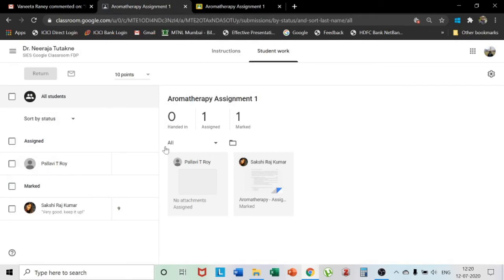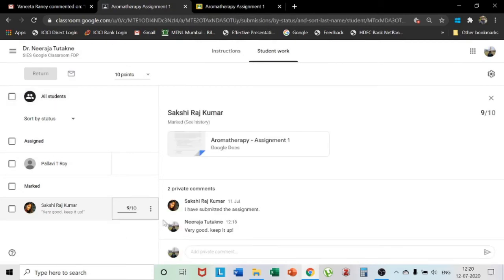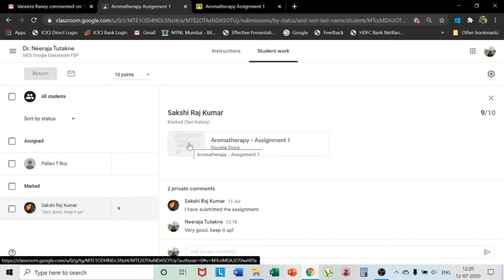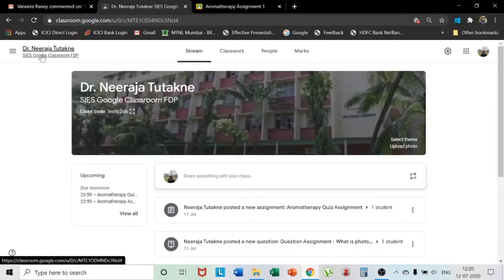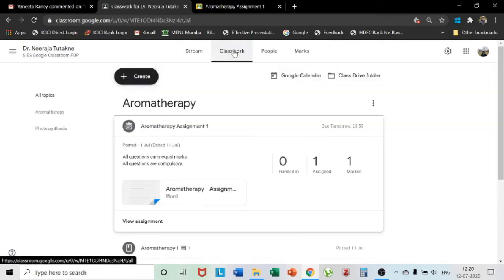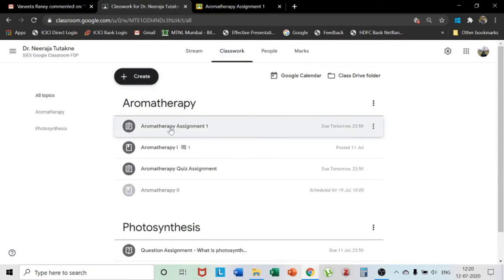Now when I come back to my original page, you can see that since I have returned this assignment with 9 marks, the student has got 9 marks and there are 2 comments we have posted on that page, and this return button is not active. It indicates that we have returned the assignment to the student. In front of this Sakshi Rajkumar, you can see her attachment, completed assignment, and the 9 marks she has scored. So let us go back to the original page again, classwork, and this is how we have evaluated